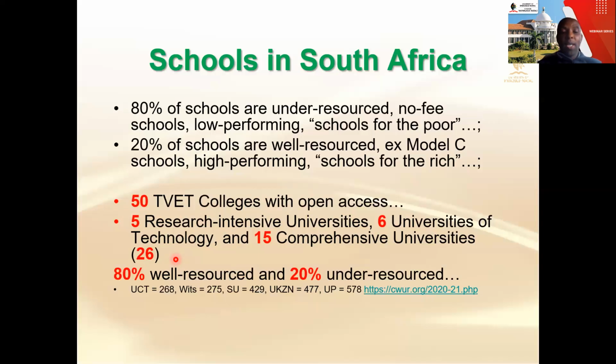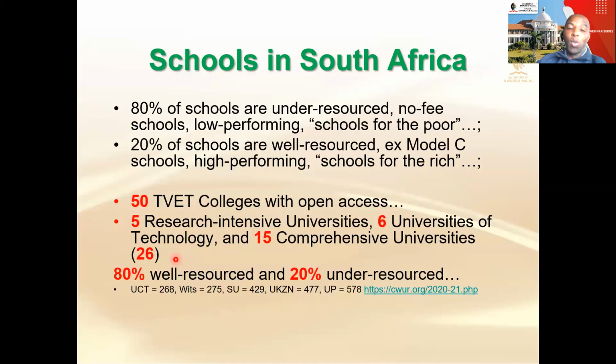You need to decide here, if you have high marks, so you are talking about 90s, maybe 80s in your matric, then it's easy to negotiate your way through and just go straight to these research-intensive universities. They may even give you a bursary. But today, even these research-intensive universities are taking students